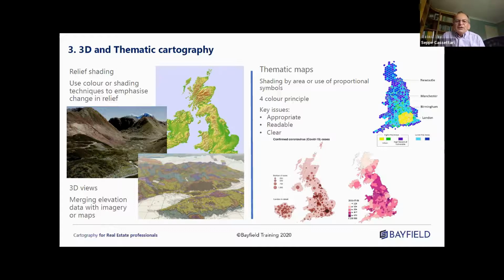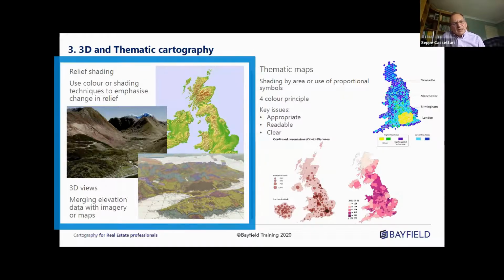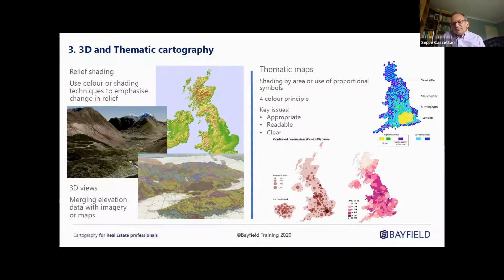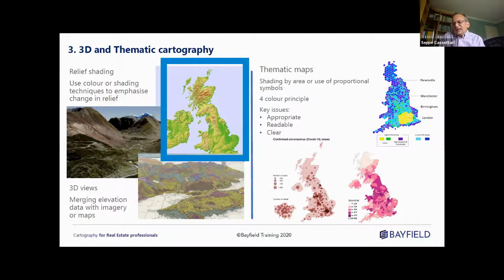Of course, there's more than just the standard topographic maps. On the left of this slide, we've got some examples where we're showing the way you can colour up and change in the third dimension. So, for example, relief is the obvious thing in this area. In the 2D map of the UK, you can see colour is used to emphasise height with a 3-colour ramp, so green through yellow to brown.